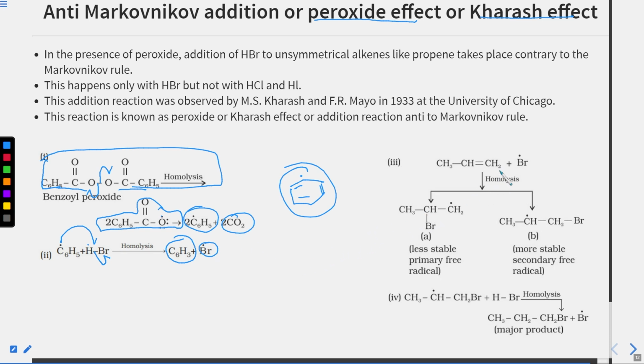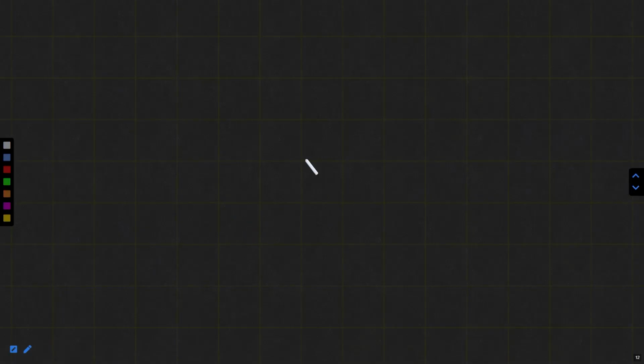Now what will happen? If you talk about the overall reaction, the reaction says that two radicals are possible. Here we are again getting a Br radical. Notice this one. We are left with this Br radical. So here it will be C6H5, not 3. And now this Br radical will react with this double bond. Now two possibilities are there. What are the two possibilities? If you look at it again,